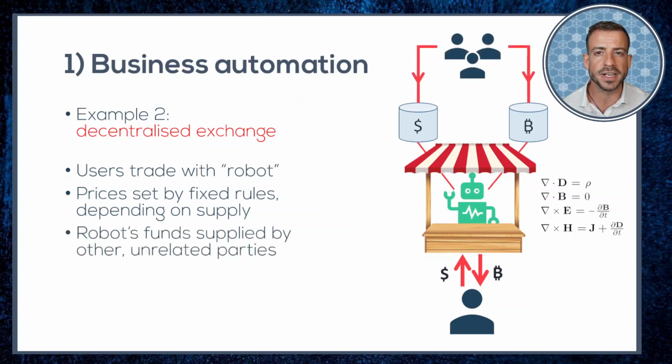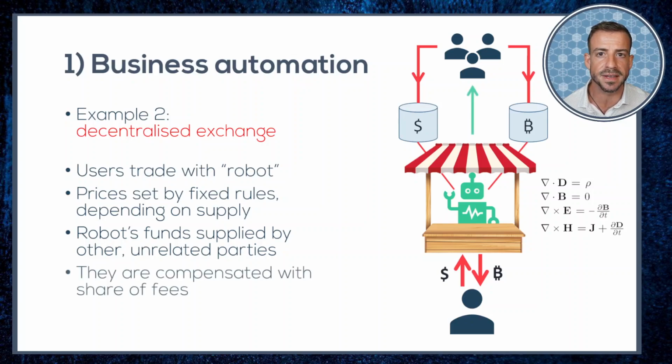Those savings are provided by other individuals, and they are compensated for this service by being offered a cut of the fees that are taken by the robot from the people who accept the price and make their exchange. Now, it's true that access to this facility is served through a web browser which still needs human development and maintenance, but the exchange mechanism itself is fully automated and decentralized. The decentralized exchange is a prime example of how smart contracts are being leveraged to create decentralized finance solutions, or what's more commonly known as DeFi.